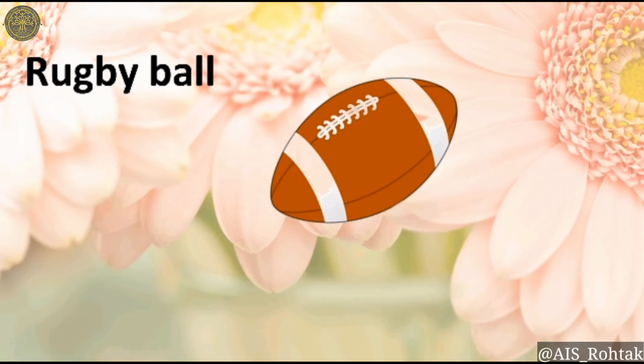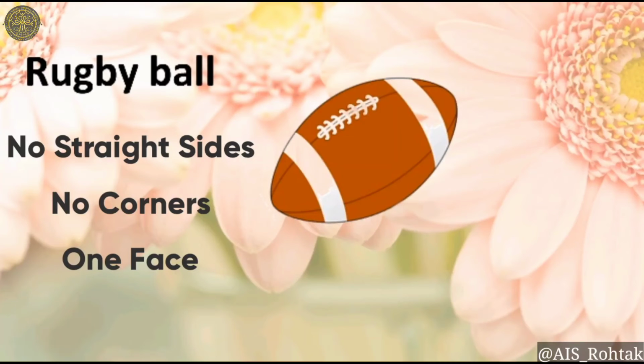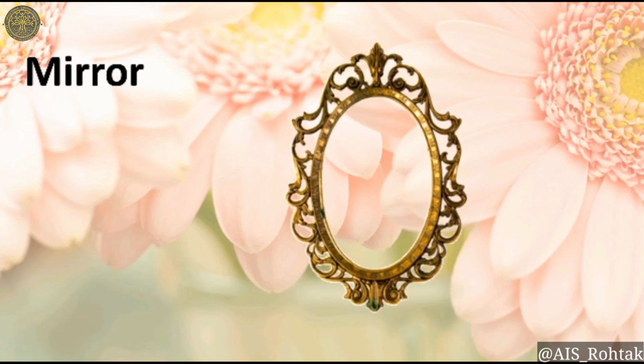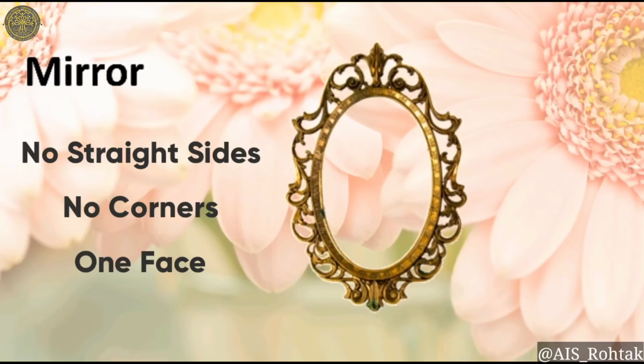Have you ever played with a rugby ball? It has an oval shape. No straight sides, no corners and one face which can be traced and seen. You might have an oval shaped mirror. Here is a mirror having an oval shape which has no straight sides, no corners and one face that can